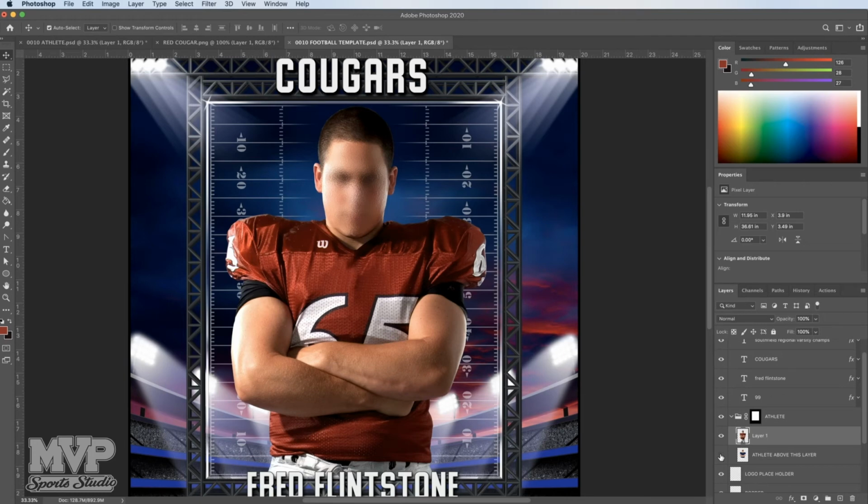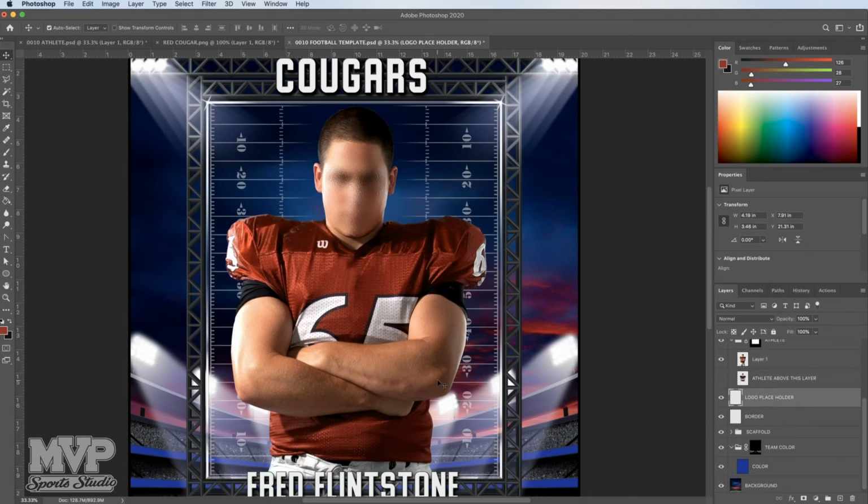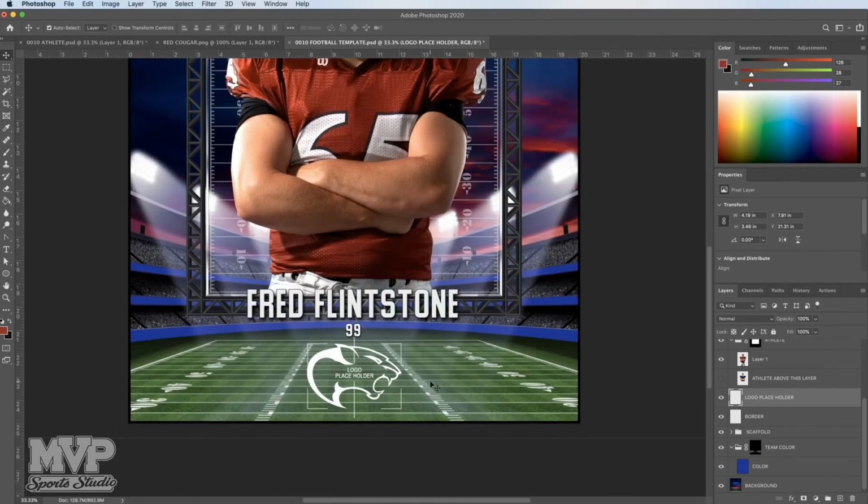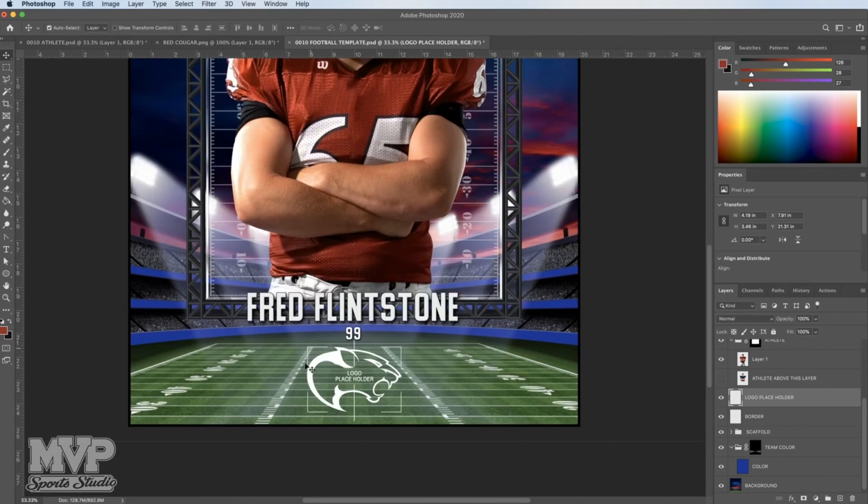Okay, so now your placeholder's gone. All right, not much longer. Okay, the next thing we want to look at is the logo placeholder. The logo is down here at the bottom. We've got this little placeholder built in here. It's centered. And if you go to your logo,